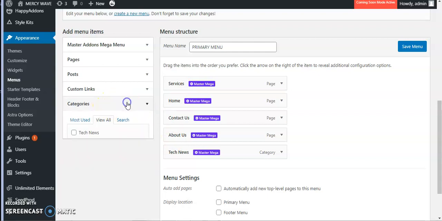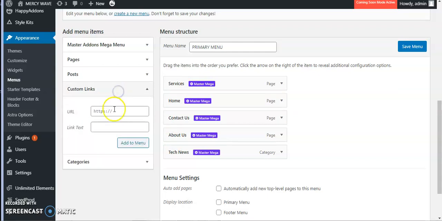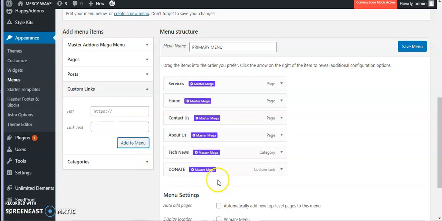Now after I'm done adding, you can as well add a custom text and link. So I add a particular link and then the text here that will be displayed. For instance, I want to write something, maybe donate. And then I add a particular link here where they can visit to donate. Okay, I add. It adds. So now after doing this, what you are expected to do is to rearrange all this